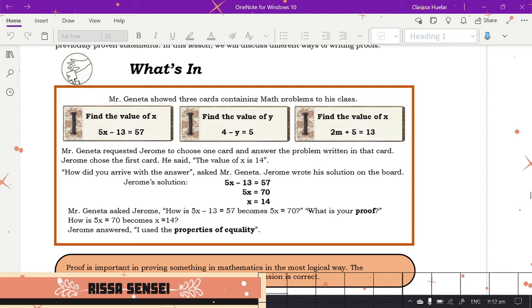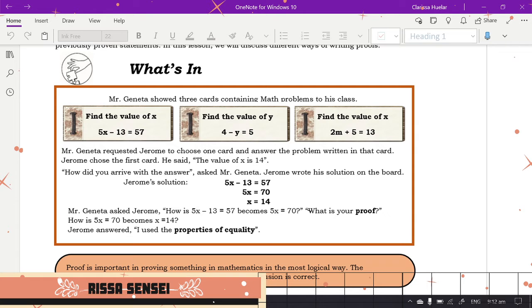So let's say Mr. Gineta showed 3 cards containing math problems to his class, and this student picked the problem: find the value of x, 5x minus 13 equals 57. So, nung nag-answer yung kanyang student na si Jerome, sabi, the value of x is 14. Of course, hindi pwedeng